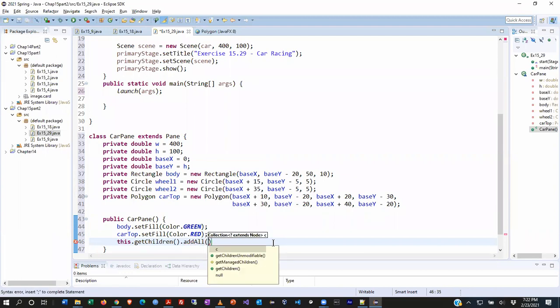And I was hoping that it would, there we go. And now we're going to get all the pieces and place them in here. So the first thing we're going to get is a wheel. So wheel 1, wheel 2, the car top, and then the body. Now,